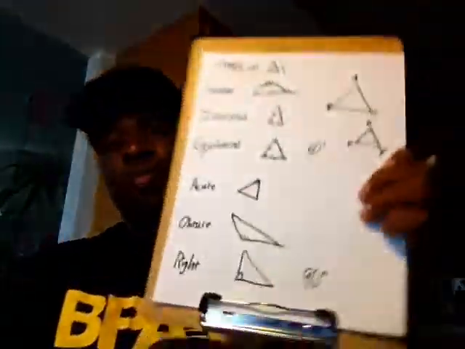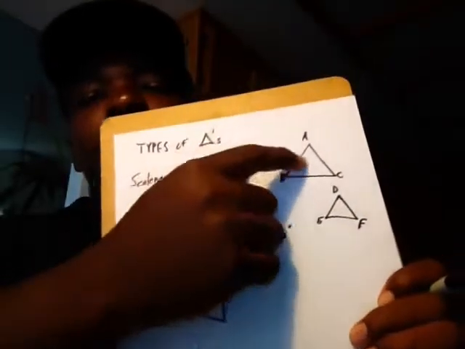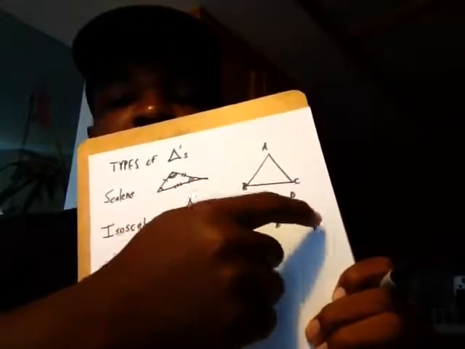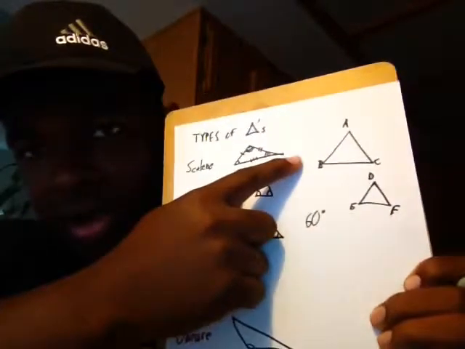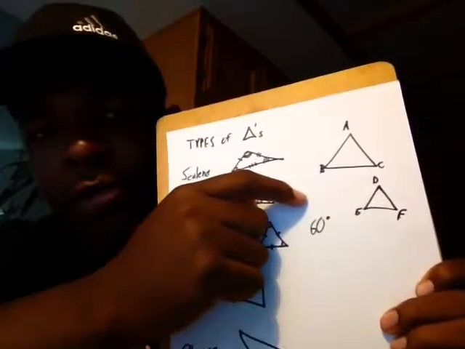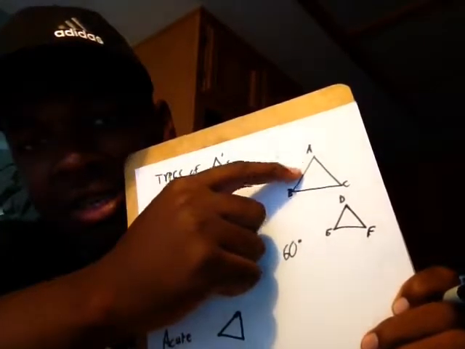So this is when you start getting into congruency and similarity. Let me show you what that looks like. A, B, C, D, E, F. Clearly this triangle is bigger than this one, right? So basically,